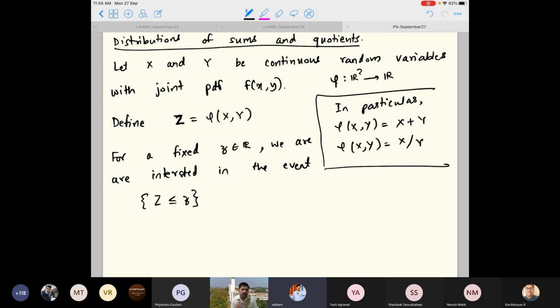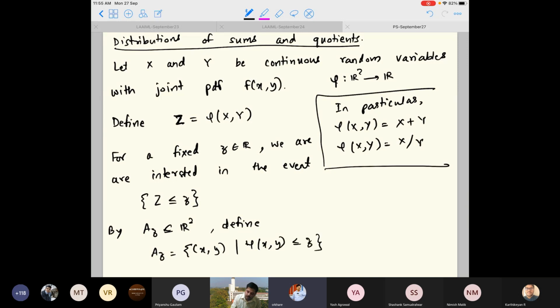This is the same logic that we used in the transformations earlier. Now, because Z is related to X and Y, I relate this event to an event which is a subset of the XY plane. I define A_z, a subset of R2, to be the set of all xy such that phi of xy is less than or equal to z. Once I understand this set A_z,